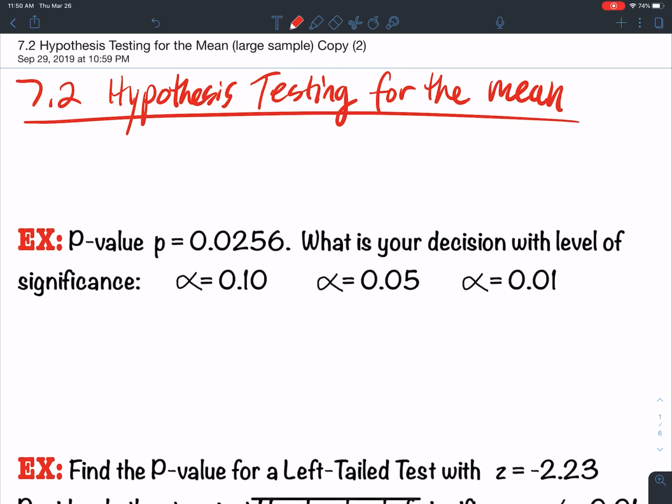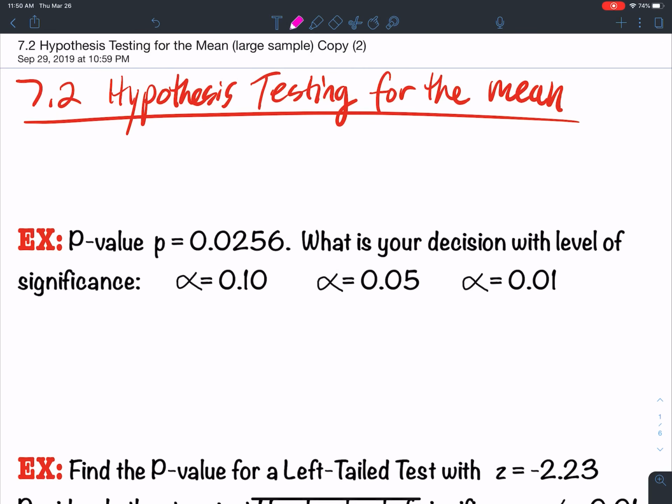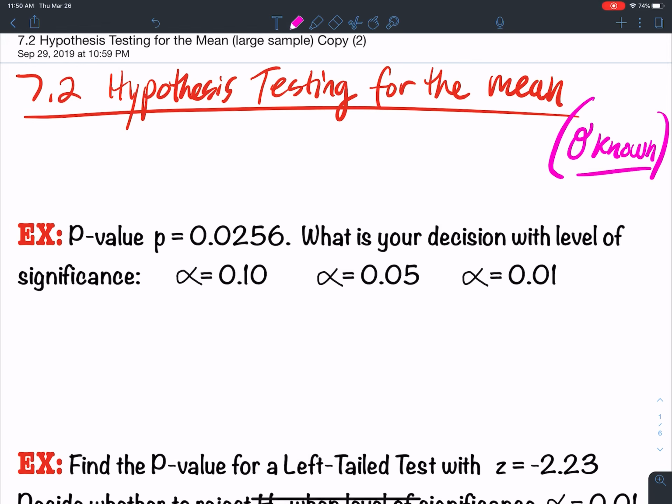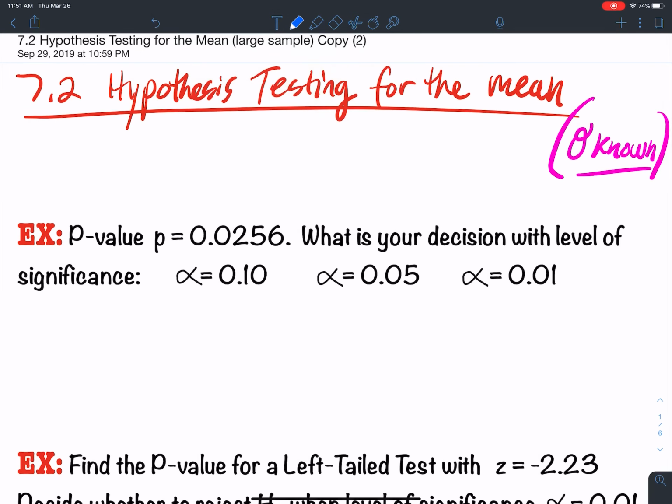Okay, so section 7.2, we're going to do hypothesis testing for the mean, for the mean when sigma is known. So when I know sigma, this is the hypothesis test we're going to run through. Recall from last time,